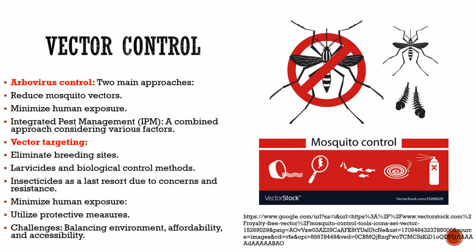Now, let us look into the measures to reduce the spread of viruses by using the vector control method. Because the control of non-human vertebrate reservoir hosts is usually difficult to achieve, control of arboviruses may be approached by directly reducing the number of arthropod vectors and by minimizing human exposure to these vectors. The philosophy of integrated pest management is widely used. It consists of a combination of approaches selected for a particular problem and with concern for the full environmental,